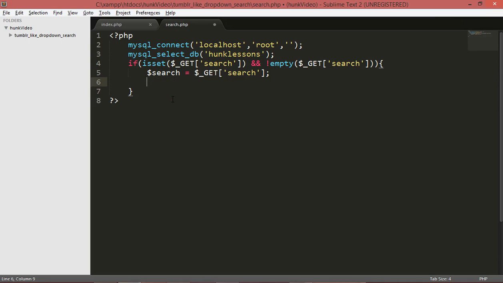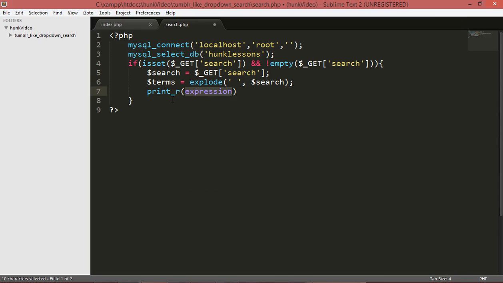Now we will use explode. We will convert the search string into an array. For this, I will use the explode function. There are many functions; you can use preg_split also. I will use explode because it is easy. I will explode the search string. Okay, it's exploded. It will look something like that.